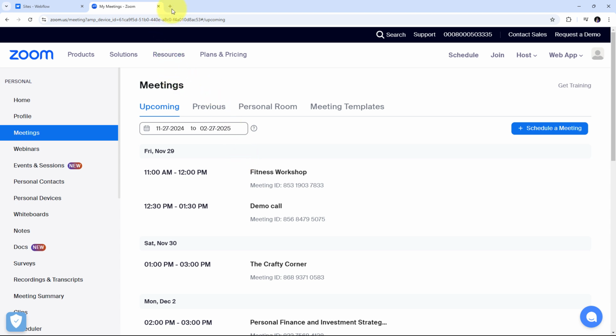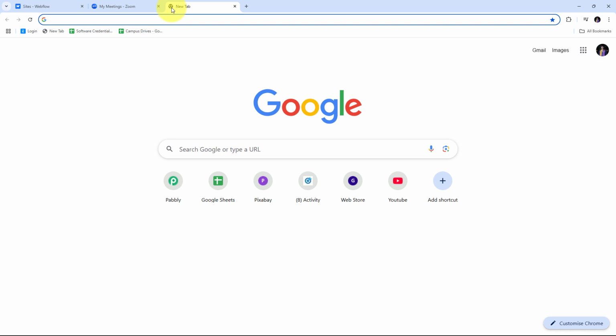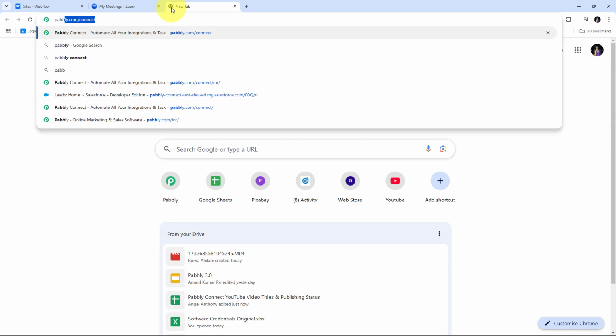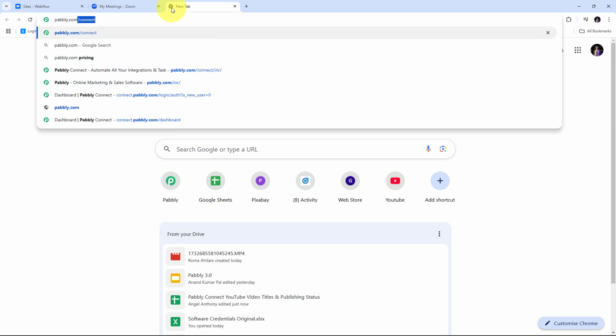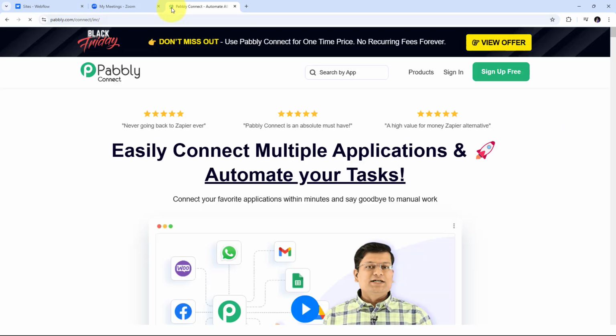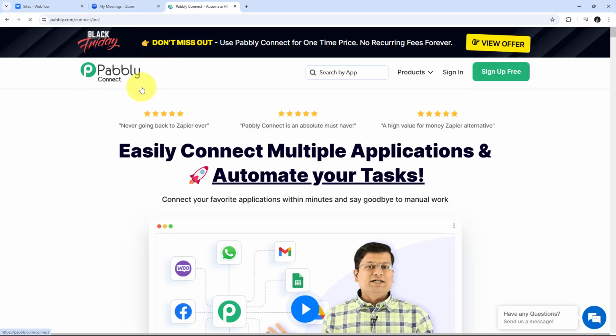And here for using Pabbly Connect, I need to open a new tab, and search for pabbly.com/connect in my browser. And it will take us to this landing page of Pabbly Connect. Now here in the landing page, I have these two options of sign in and sign up for free. If you don't have any account with Pabbly Connect, then you can just click on this sign up for free button, and it will take only 2 minutes of your time, and you will get 100 free tasks every month. Or if you already have an account or you are an existing user, then you can just click on sign in,